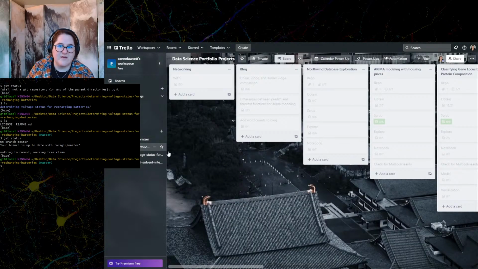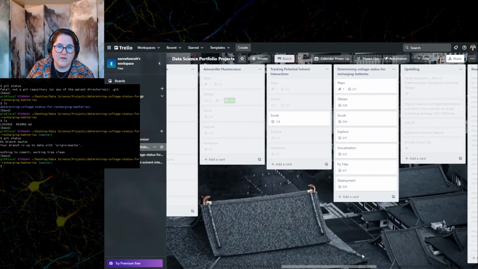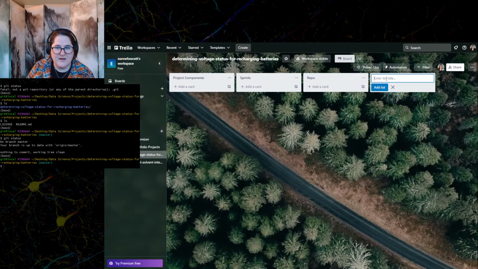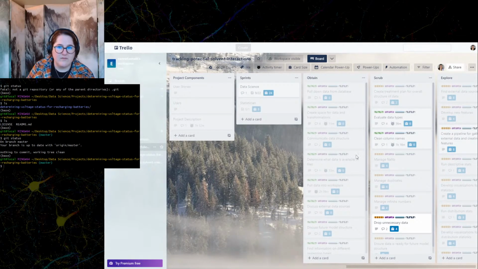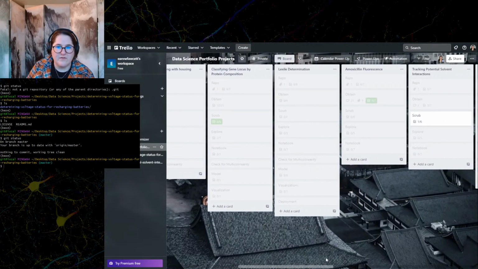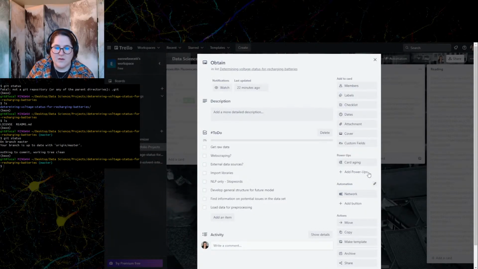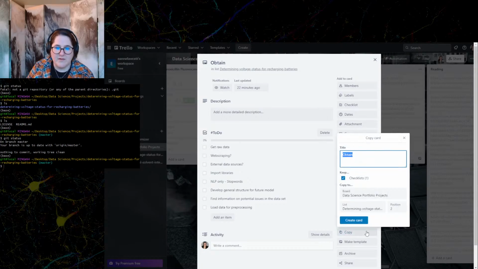And this is what I think is really cool about Trello in particular. So I have repo, I have obtain, but I can also go here, I can add another list. How do I do that? I think not there. I want to be here. Then I want to go to obtain. And I can copy this to board. I can change the board that I'm copying to. And I want this to go